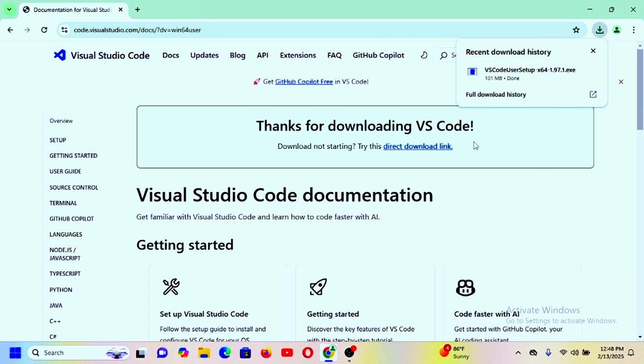Now our download is done. If for any reason your Visual Studio Code did not start downloading, it says here download not starting, try this directly. You can also click on this link to download it. Mine is done. I will click on this file